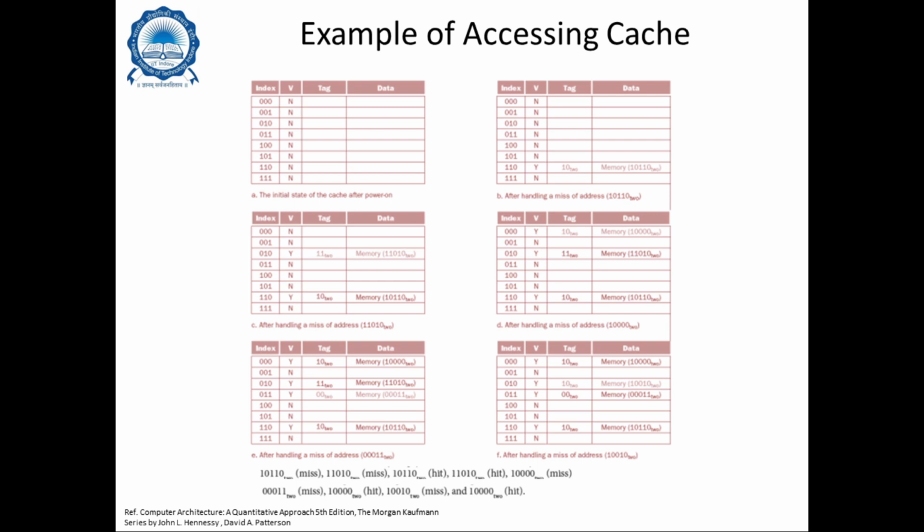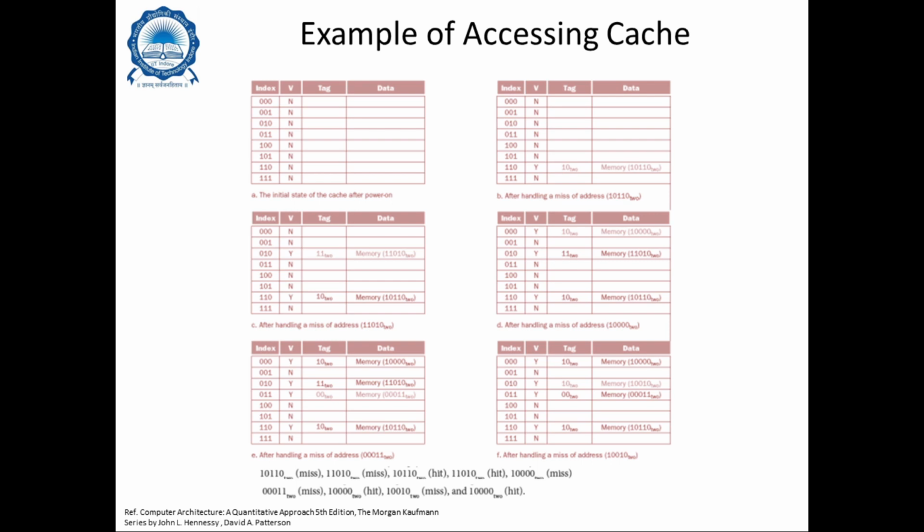Okay, now let us move more into the cache architecture. The cache architecture usually comprises 4 different fields. The first is the index field, the second is the valid field, the third is the tag field, and the fourth is the data field. These are the 4 fields of cache. Now, depending on the references, we'll keep modifying the cache table that you see here, or the cache structure.